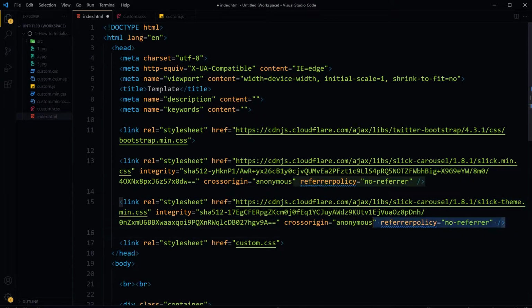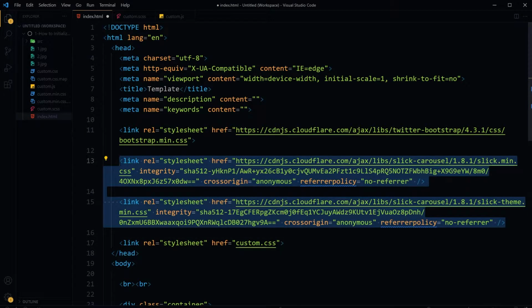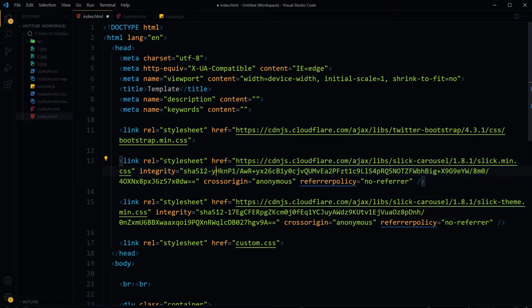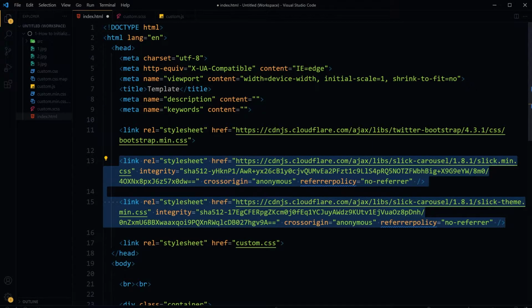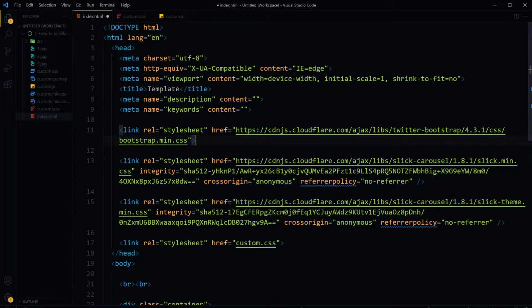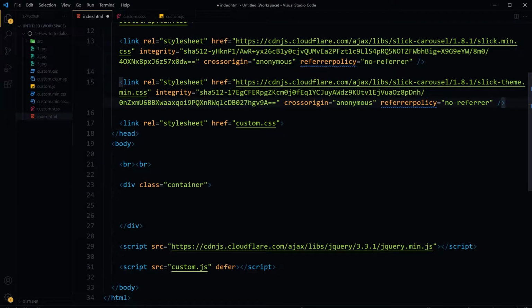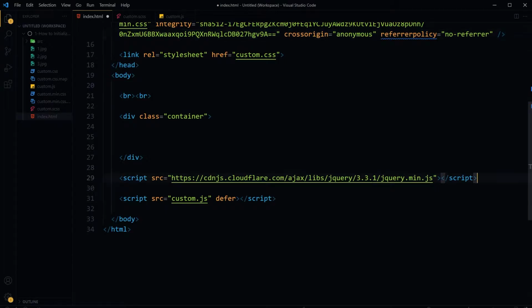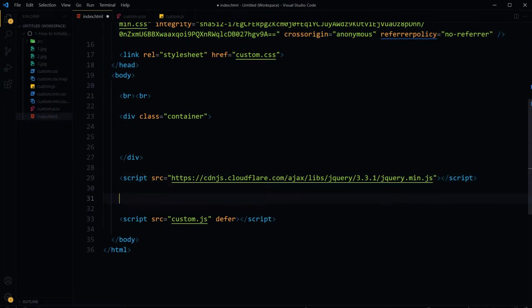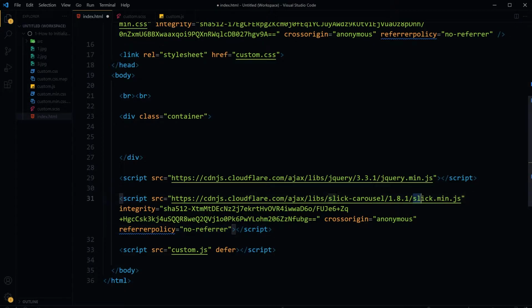These two files are CSS files for Slick Slider that came from CDNJS, and I'm pasting these after bootstrap. And even after these, I have got my custom.css file. After this, for Slick Slider, we will need a JavaScript file that I will paste after jQuery. This is slick.min.js, the minified version of the slick.js file, copied after jQuery.